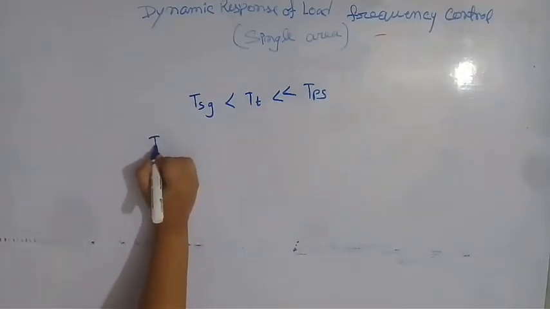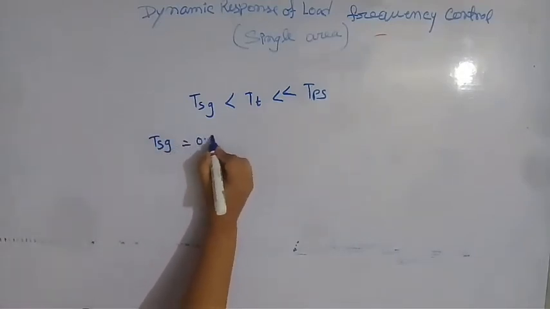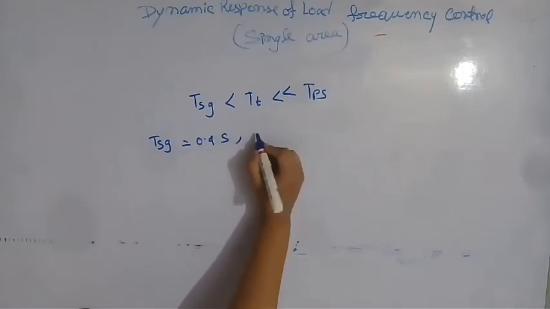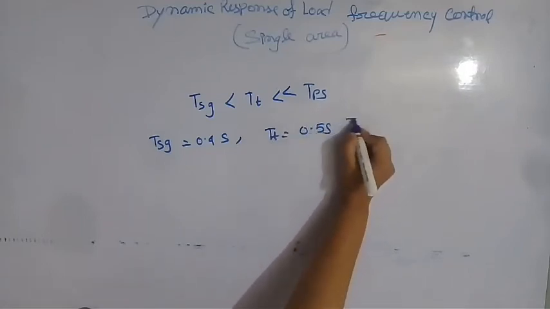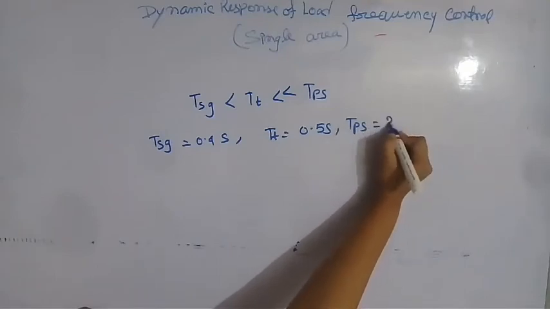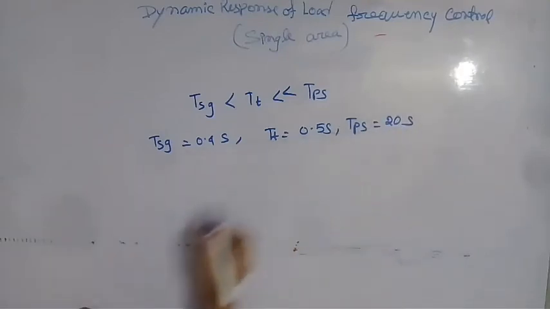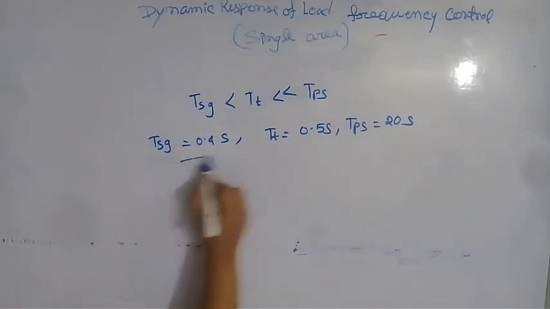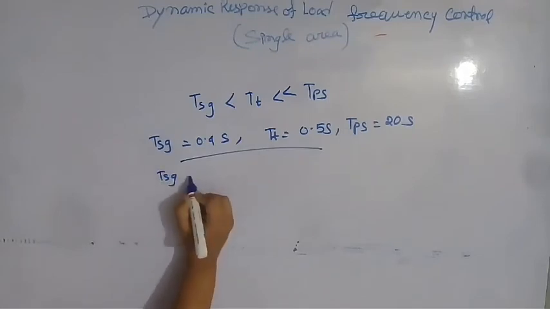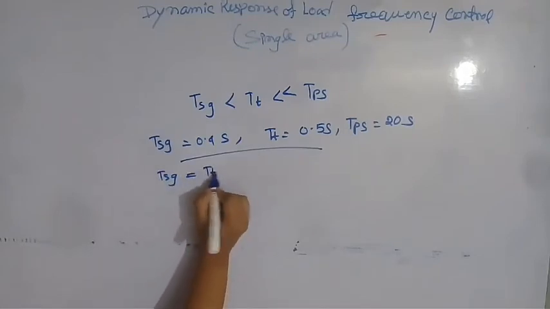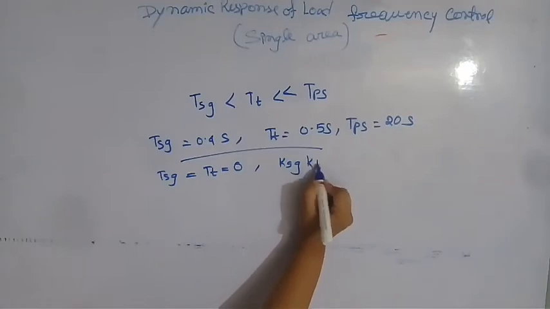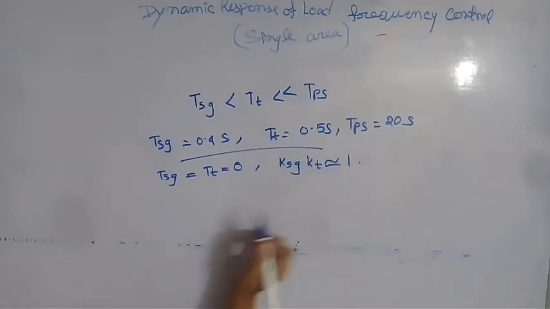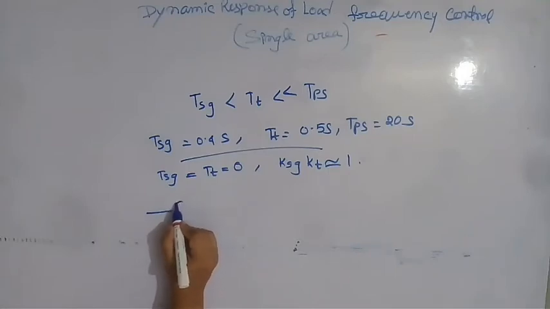Now typically the value of TSG is 0.4 second, TT is 0.5 second, and TPS is very high compared to TSG and TT; its value is 20 seconds. Now let TSG and TT equal 0, and there is another assumption: KSG and KT are almost equal to 1. So the block diagram is